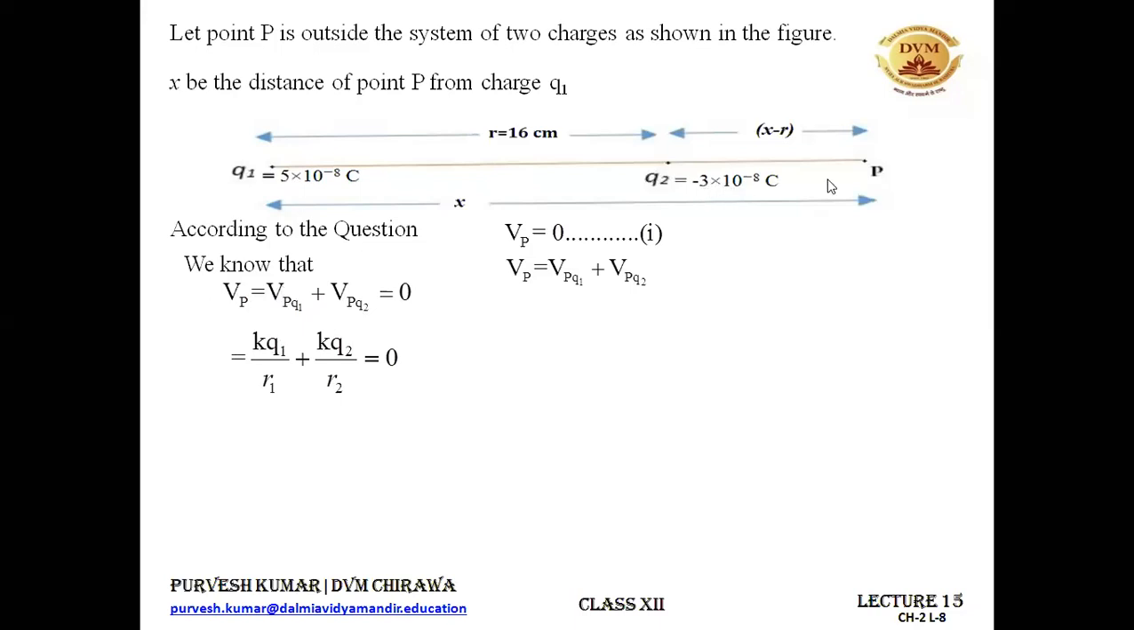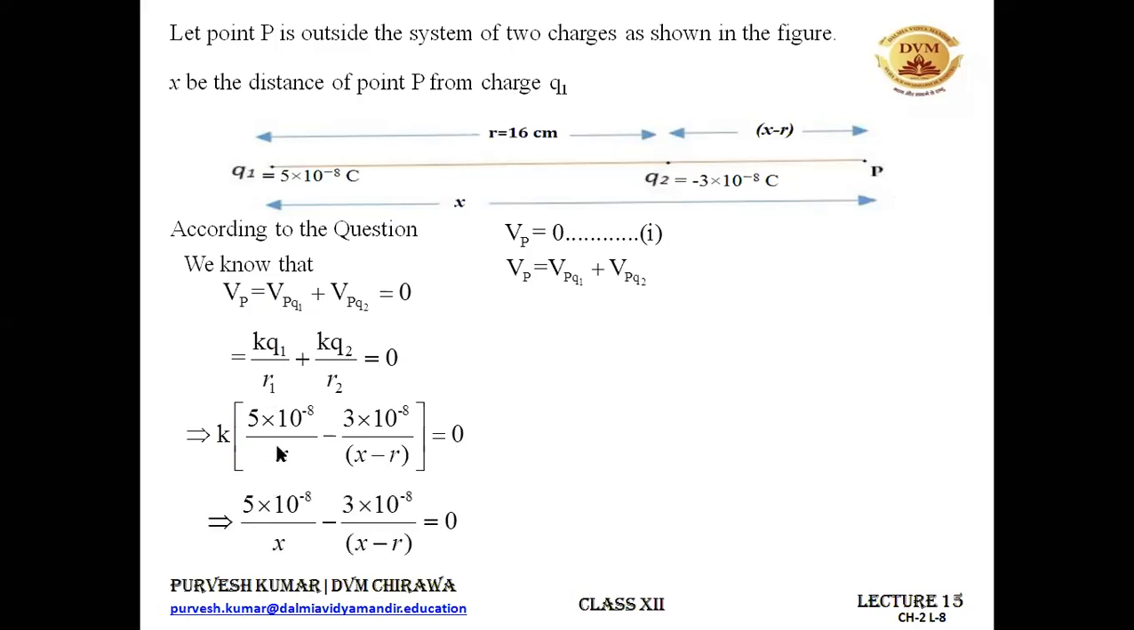r1 is x, that is the distance of point P from charge q1, and r2 is x minus r, that is the distance of point P from charge q2. So put up these values. You are having this equation now, and you can easily be solving for x from this equation. This k will vanish out when it will go in the denominator of 0,